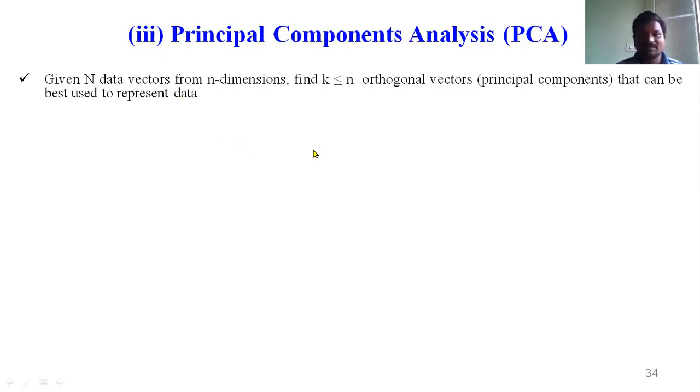The data vector is represented in the data set. I am taking capital N different vectors from n dimensions, n perspectives, and among those capital N vectors and n dimensions, I have to identify k orthogonal vectors. These orthogonal vectors are called principal components.